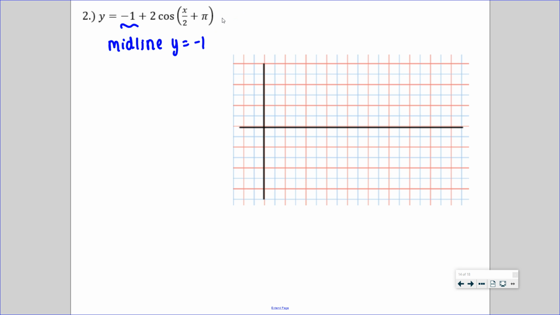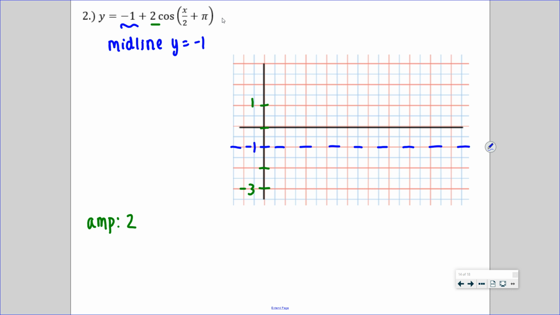Okay, before I draw in my midline, I do want to check out my amplitude. What's my amplitude here? 2. Good. So I want to make sure that however I scale my axes, like so, if I decide to call this -1, that I can still go 2 below and 2 above. That's how I scaled it. Again, we try to use as much graph as we can. You don't have to do that, but if you don't space it out, it's just going to be a really tiny graph, which is fine, but you get to manipulate the axes, so use up as much graph as you can. Okay, so our graph shouldn't go lower than -3 or higher than 1